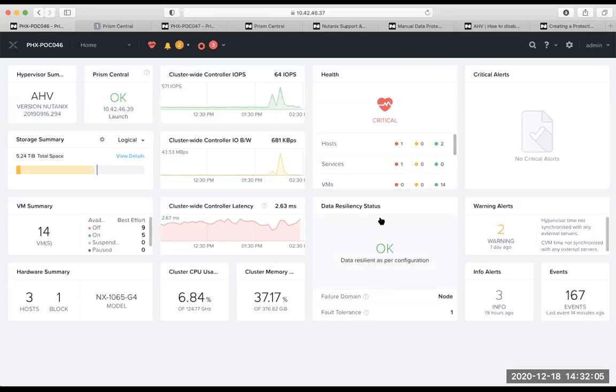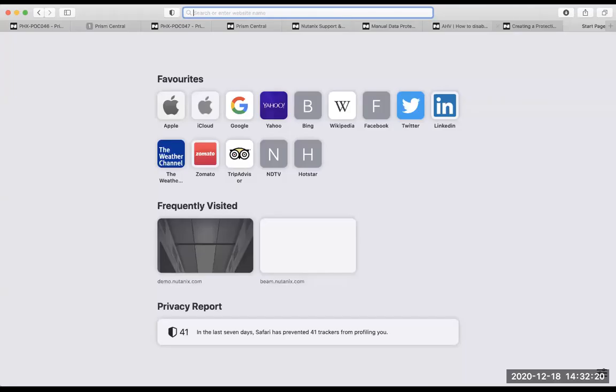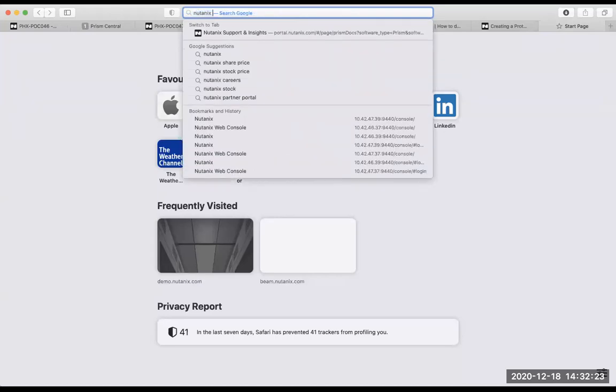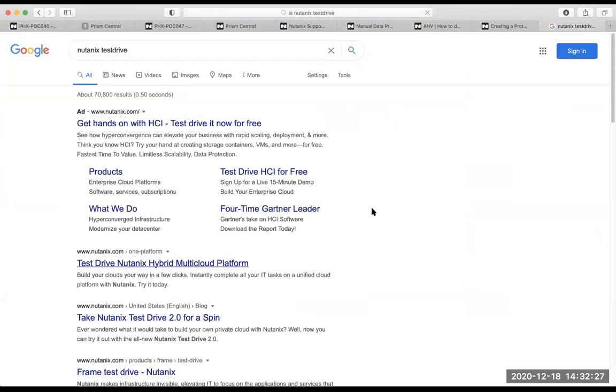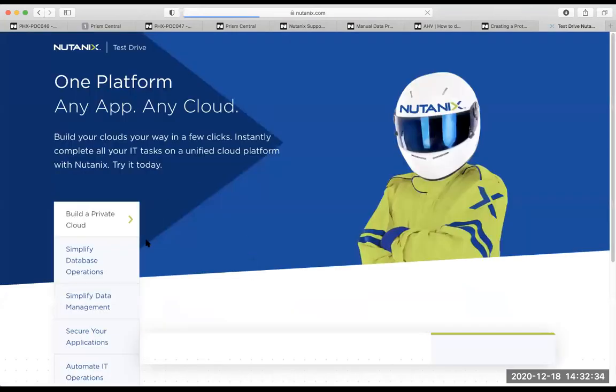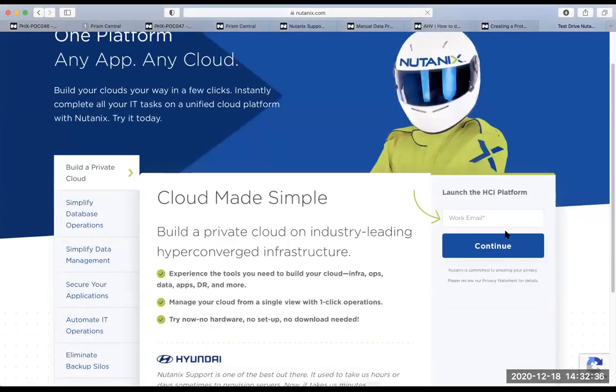Also, by the way, we have the test drive option as well. Using test drive, you can have a guided tour of the Nutanix environment, which might interest you. So I'll just share that. Here you come and put in your email id.